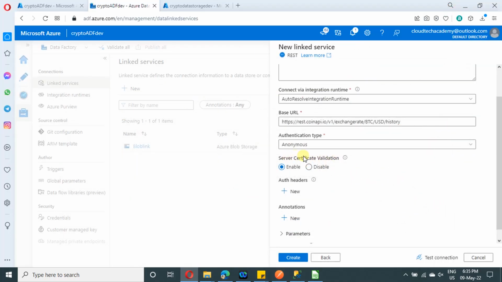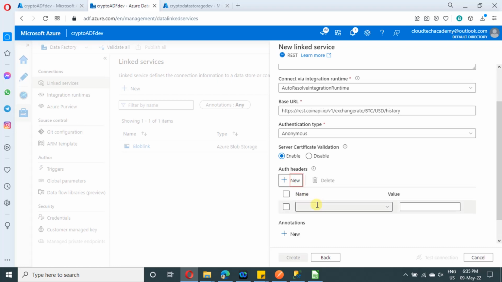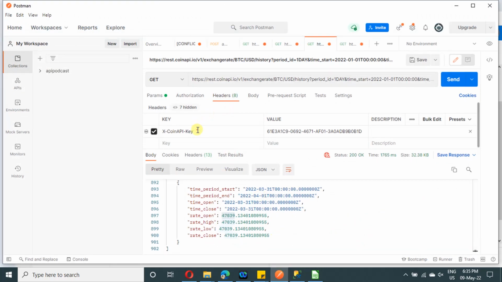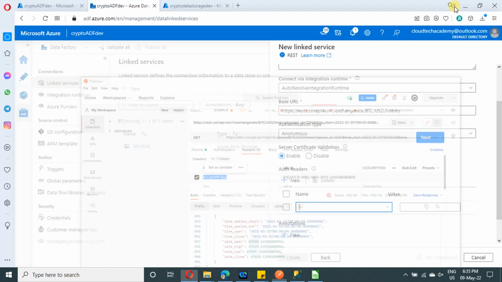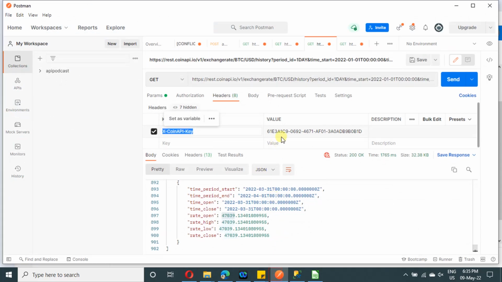But if you scroll down here, you will find one more option like Auth Header. So we are going to authenticate with the header part only, as we do in Postman. Similarly, here also you can add that particular value, this header part. What is the key name, you can provide it over here, and the value part, whatever you will be getting over the email while registering in that particular site, you can just copy paste the same one over here